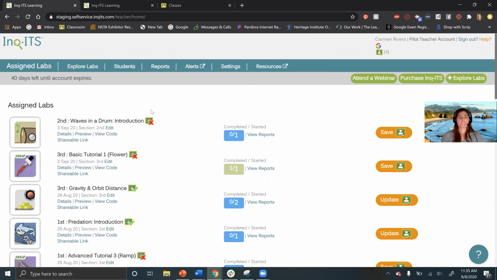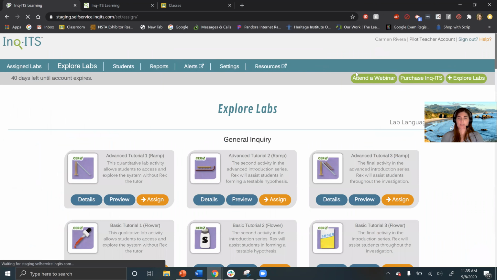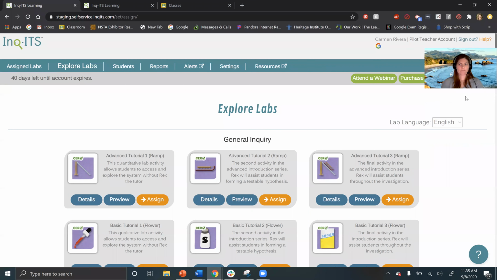So, okay. This means it went to Google Classroom as a draft, and this would mean, nope, it didn't. So this is my playing around in Google Classroom, or Inq-ITS that is integrated with Google Classroom. And then let me just go through some information I would love for you to have as the teacher. So first things first, here are